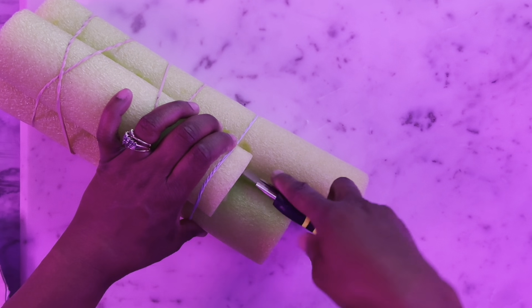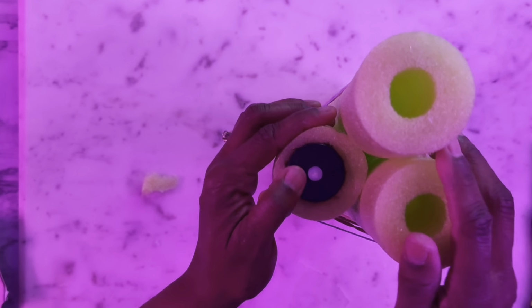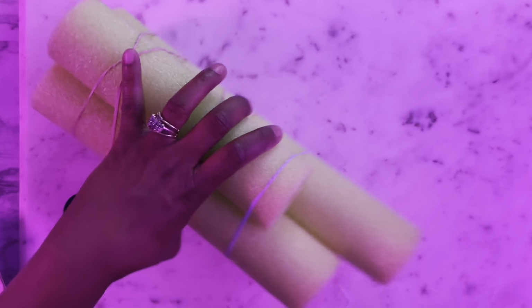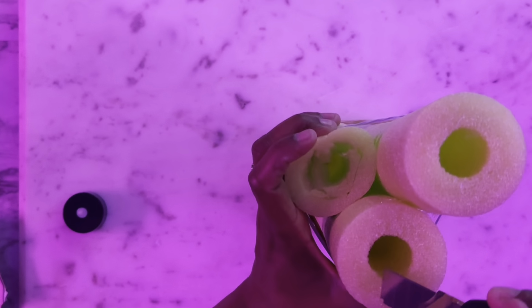And you can do a little bit at a time and then keep checking to make sure your little tea light will fit inside. That one fits inside there, okay? So you just want to cut just a tad bit out. Just a tad bit. So let me try to turn it this way so you guys can see. So I'm just cutting out a little bit of the foam. You got to be careful so you don't cut too much, okay? And you got to be careful so you don't